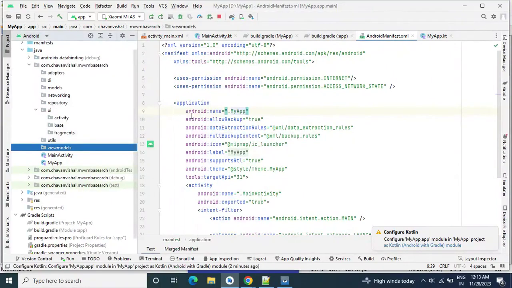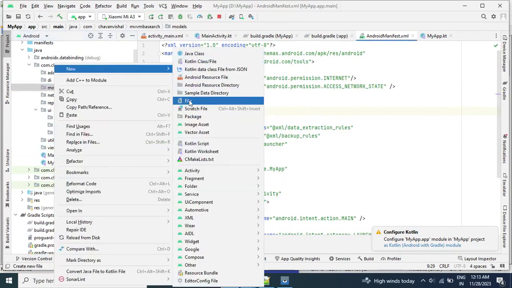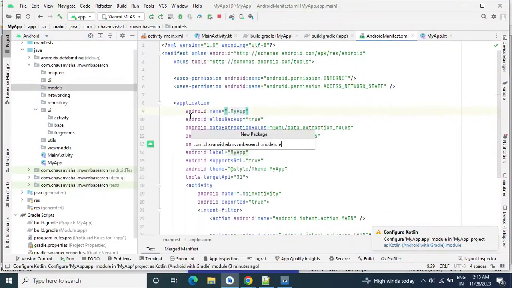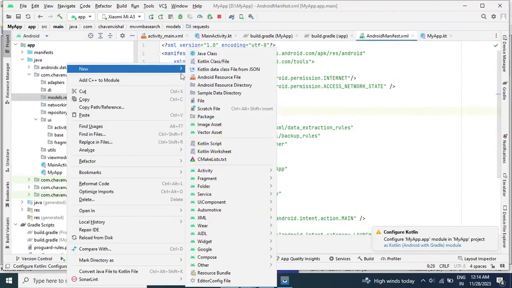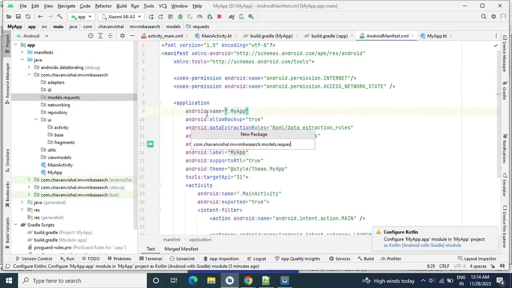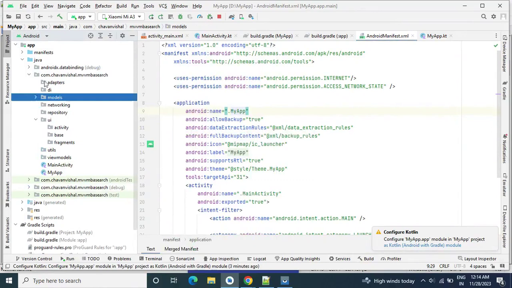Then we have created a package for our view models. Let me create two more packages inside models, one for requests and one for responses. Okay, so now we have created all the packages.